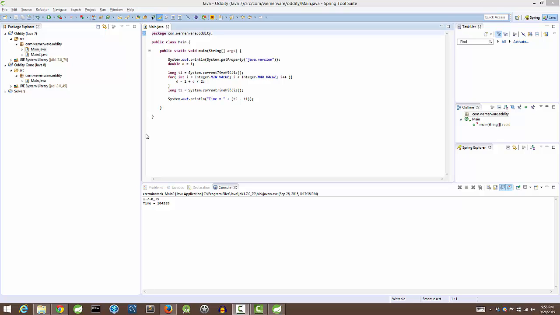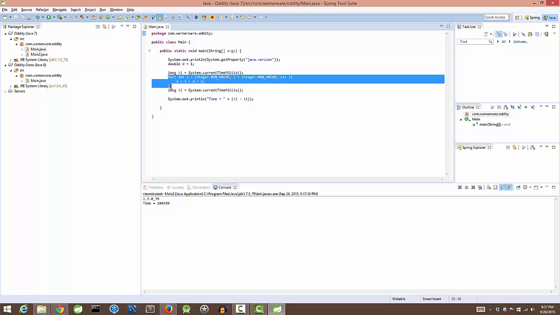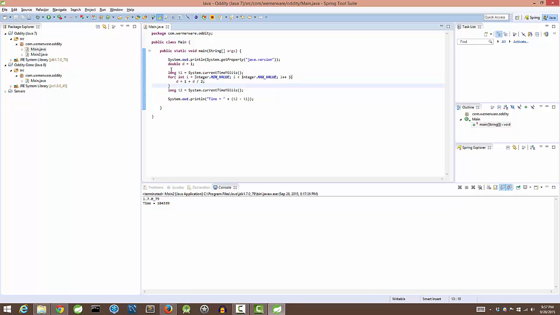But this oddity was happening when I went through some very simple code like this. Just loops through, does a long operation, and loops through as many times as possible. And you'll notice that if I run it,